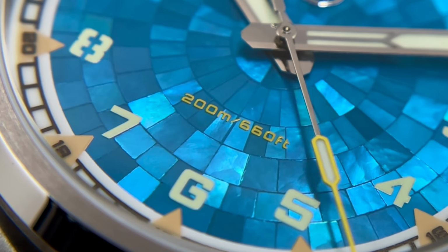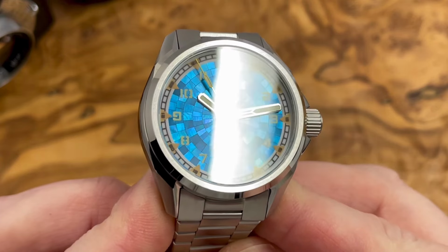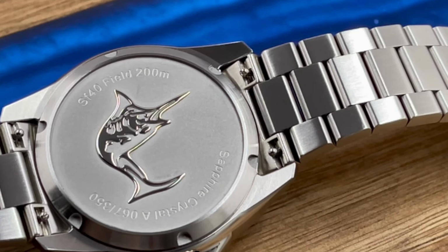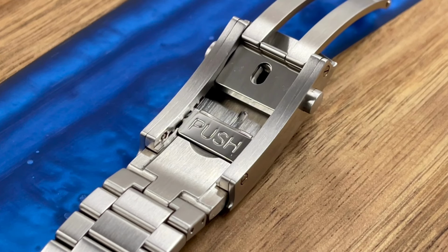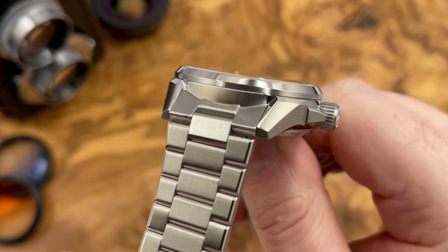200 meters of water resistance, screw-down crown, screw-down case back, sapphire crystal, AR coating, solid everything. A splash of lume on the crown, beautiful case back, double-ended quick release spring bars, beautifully milled clasp with on-the-fly adjustment as well, screw pins as well on the bracelet, which I like, and I think the end links really